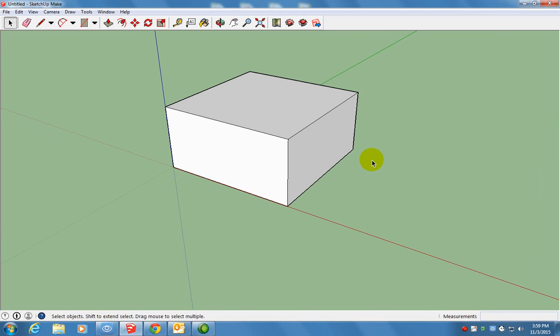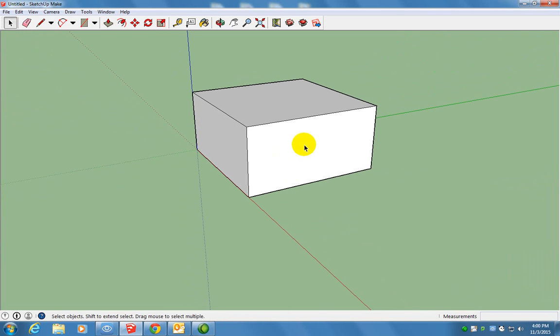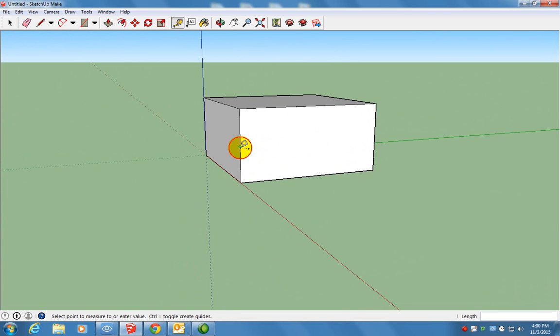So that's just confirming. Now, I'm going to show you how to make what we call some guidelines. So I'm going to make like a little shelf that comes out here. So what I'm going to do is hit T for tape measure, and I want to make some guidelines that are 3 inches from either edge here. So I'm going to click right in the middle, the midpoint right here. I'm going to click once and let go of my mouse button, and I'm just going to move the mouse over. You can see how far it says 3 and